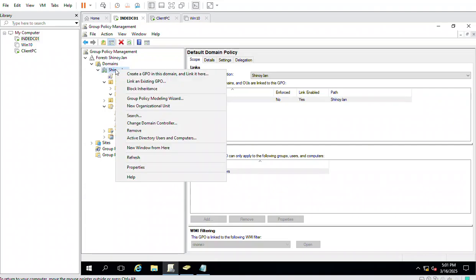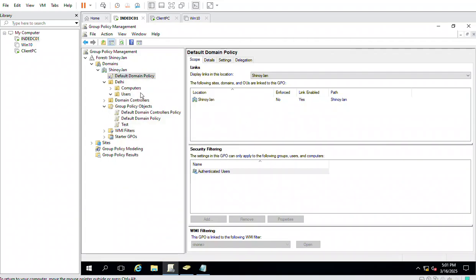You can also create one group policy here, link an existing GPO if you have already created one, or create a GPO in this domain and link it here. You can do so. So what I'm trying to say, suppose you disable Run on